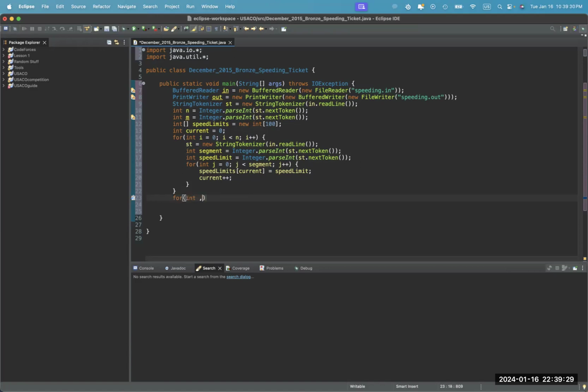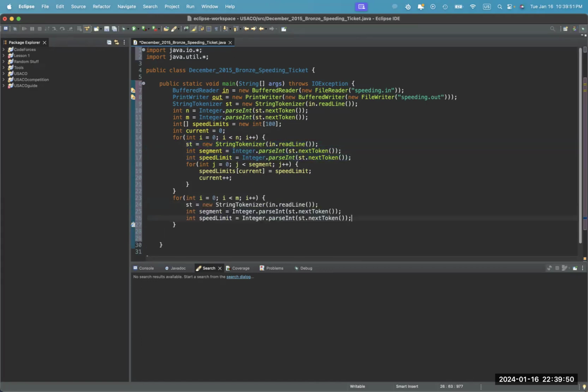So for int i is equal to 0, i is less than m, i plus plus. Oh, I was repeating myself. I could just do the same thing, and then dot segment, and then dot speed, and then for int j is equal to 0, j is less than segment, j plus plus,